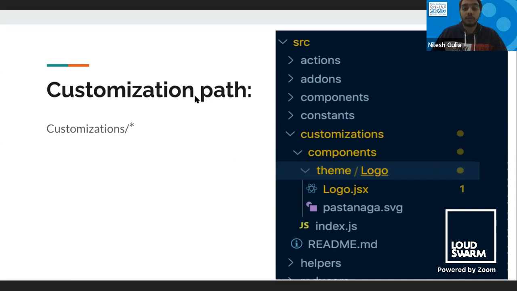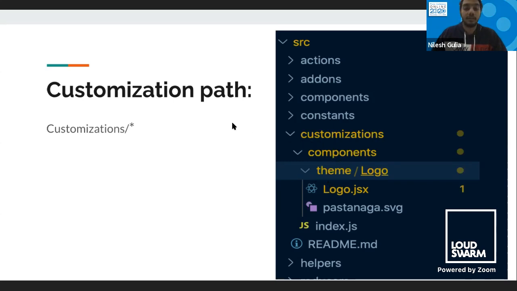In the customizations path, we have these components. If we want to override a logo, we locate that logo component in the Volto core, copy it with the things we want to change, put it there, and restart the Volto dev server.